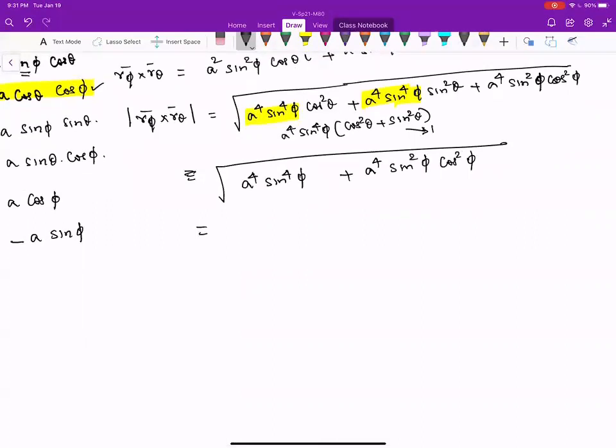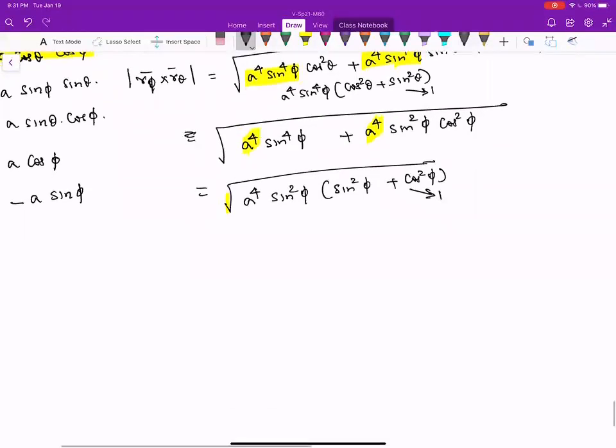So in these two, you notice that a to the power 4, of course, is common. And also sine square phi is common. So if I do that simplification over here, a to the power 4 sine square phi one can pull out. So I'm left with sine square phi plus cosine square phi from the second term, which is 1 by Pythagorean identity. So when I take the square root, it is a square